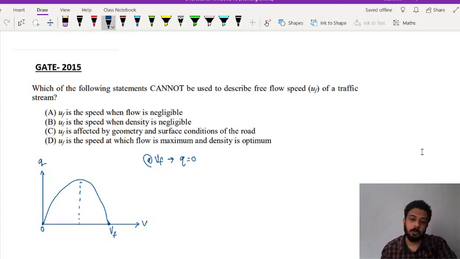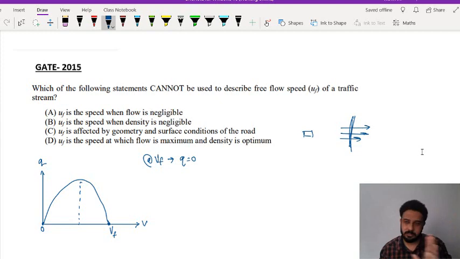Okay. Now see, when the speed is 0 means what? The vehicles are under rest condition. Speed is 0 means what? Vehicles are not moving. So what do you mean by Q? How many vehicles are crossing a particular point in one particular duration of time, maybe 1 hour, like that. So if the vehicles are under rest, they are not moving, speed is 0, means vehicles are stopped somewhere. It is not at all moving, so it is not crossing the road, right? So when speed is 0, your density is maximum, but since it is not crossing the stretch, flow is 0.